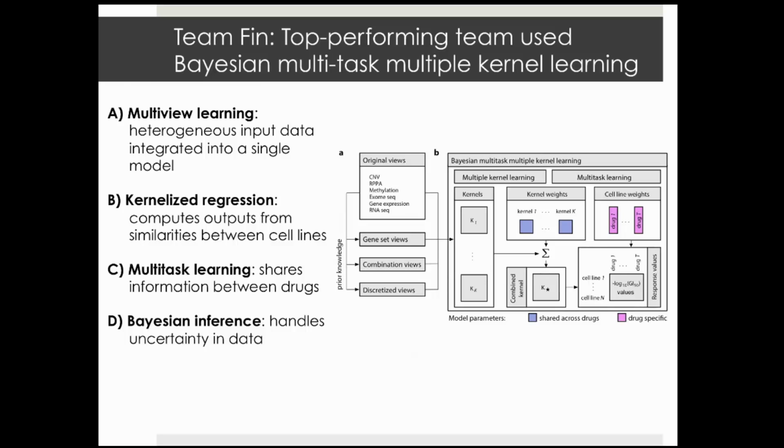One is multi-view learning, where the heterogeneous input data are integrated into a single model. Kernelized regression, which computes the outputs from similarities between the cell lines. Multitask learning, which shares information between the drugs, so really trying to leverage all of the drug response data together. And then finally, a Bayesian inference component to handle uncertainty in